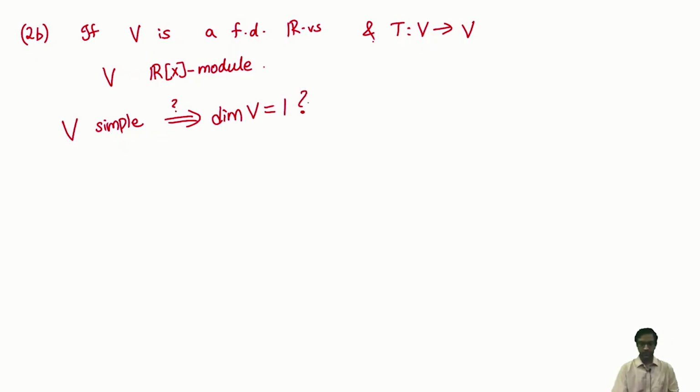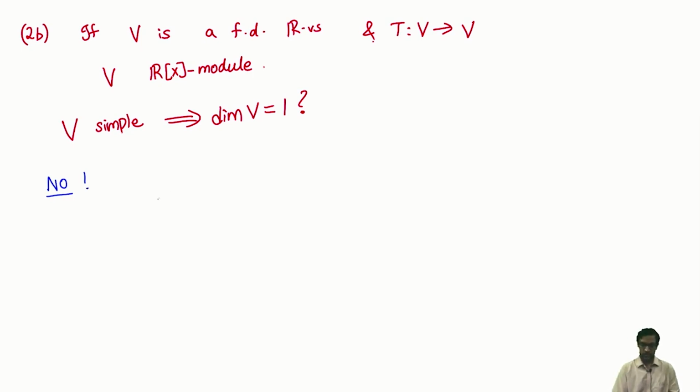Okay, so observe, the same proof doesn't work anymore, because I don't necessarily have eigenvalues anymore. I don't have real eigenvalues anymore. Which means that I can't necessarily produce an eigenvector, and therefore the same proof won't work. But the question is, is the result true nevertheless? Can you somehow give a different proof of this fact? Now, it turns out the result is not true in this case. Here's the interesting observation: no, this is not true. A simple module need not have dimension 1 if you're over the real numbers.